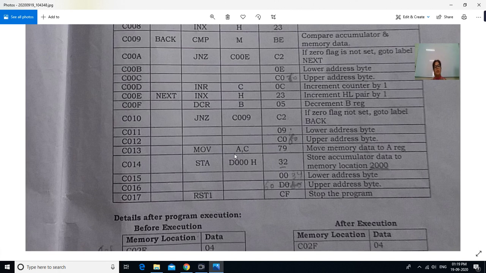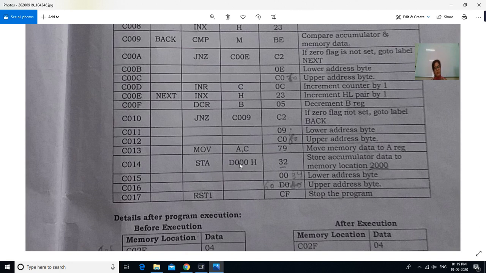Now it was given in the question that you have to store the result at D000 memory location. So you know that whenever we have to store the contents of the accumulator on some memory location, for this we have to use the STA instruction. STA is store accumulator. So next instruction is STA D000.